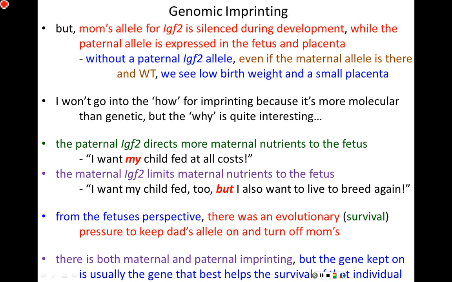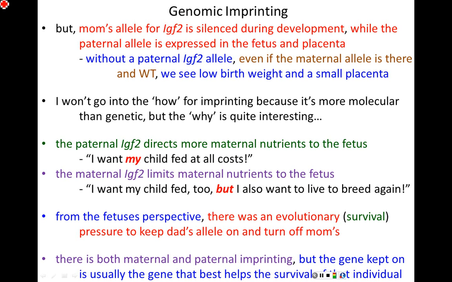Now, that's a mechanism. So if dad's allele is somehow mutated and won't promote placental growth at all, the fetus has no way to sense that. This isn't a conscious decision. These are biological mechanisms. So mom's allele is always turned off and dad's allele is always kept on. Is that always 100% of the time in the best interest of the fetus? No. But playing the odds, dad's allele is much more likely to be better for the fetus than mom's. And so that's the gamble that the genomic imprinting plays.